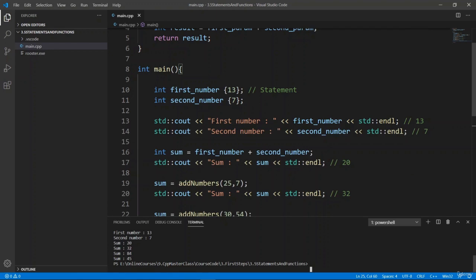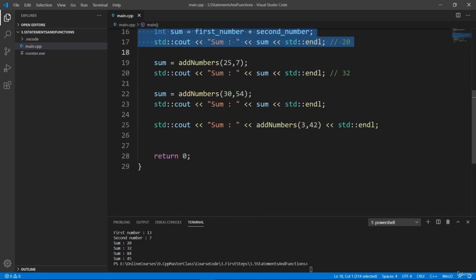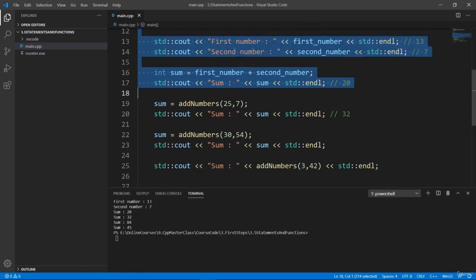The whole point of this lecture was to make you aware of statements and functions. A statement is the most basic unit in your C++ program. It basically lives on one line, but it can also spread across different lines. But we're not going to look at that here. Maybe we're going to see that later in the course. Statements are executed in order, so when our main function gets to be run by the computer, it's going to go from the first statement, second statement, third statement, and it's going to go until it hits the end. And we can see that here in the order in which our numbers are printed, it is going from top